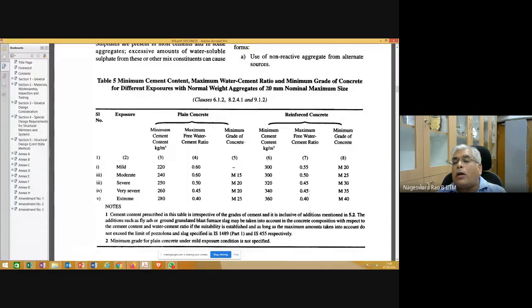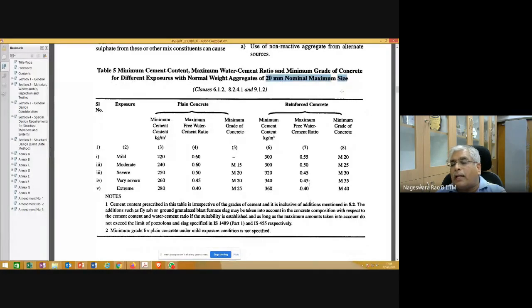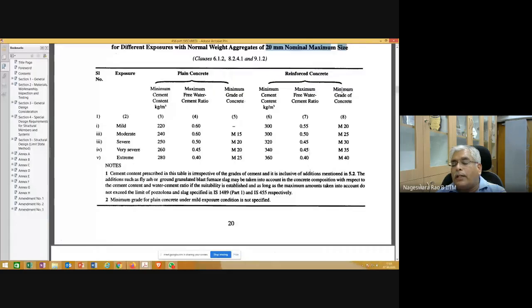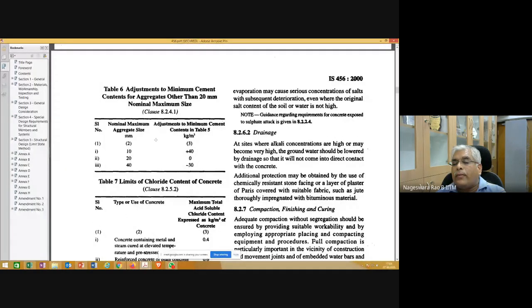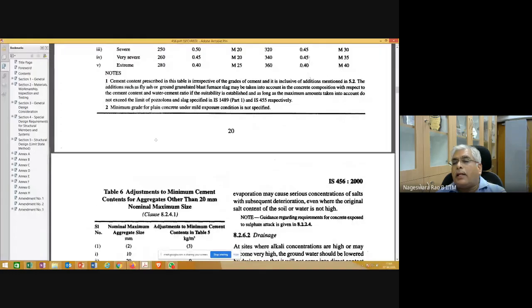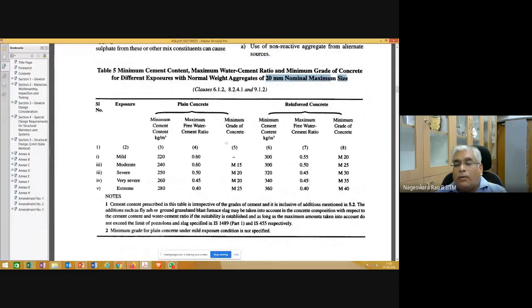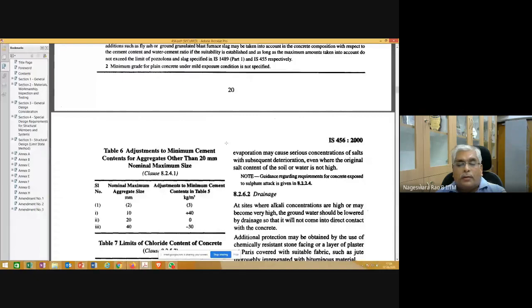Again, 20 mm nominal maximum size. Whatever tables are given, they are given for 20 mm nominal maximum size of aggregate. But if it is some other size of aggregate, then you need to apply the correction. That correction is given in table 6. Is it clear? Now one more thing I want to show you.